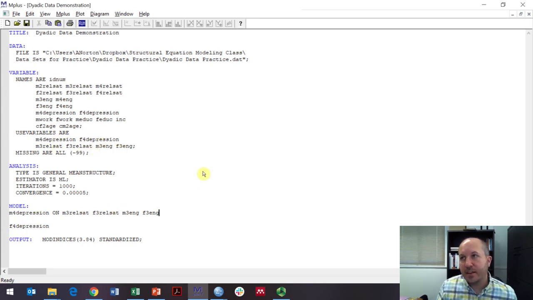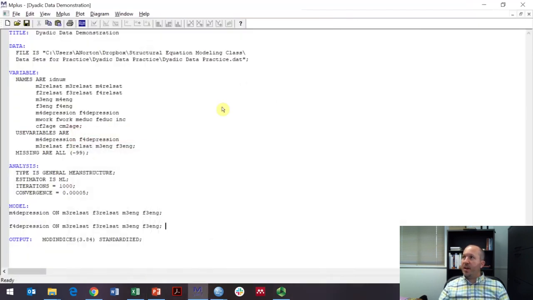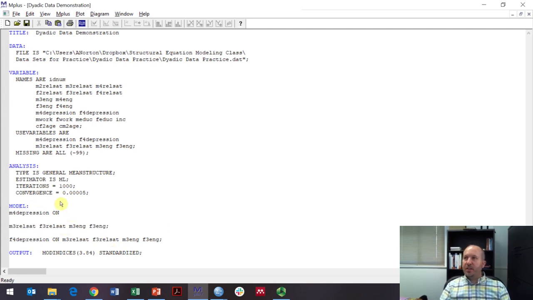Now we're doing dyadic data analyses, so I'm going to show you a way to organize this a lot more cleanly because we're going to be doing constraint testing. Now my syntax here is done. This would run correctly to test the model that we have here, because we have mother's and father's depression loaded onto, so our on statement, each of these 4 variables here. So we have them all here, and this would run and do our model. However, I want to organize this into actor and partner paths because it's going to make my constraint testing much easier. So I'm going to enter these down,